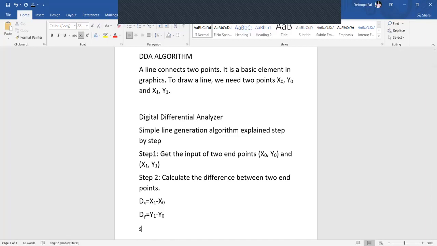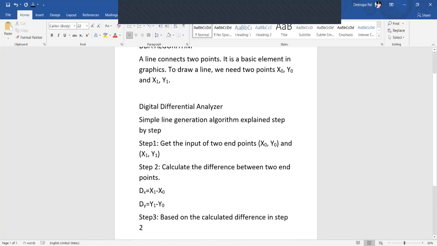Let me look at step 3. If we go to step C, after finding out the difference, what we need to do? Step 3 is based on the calculated difference in step 2, since step 2 calculates the difference. So based on the calculated difference in step 2, we need